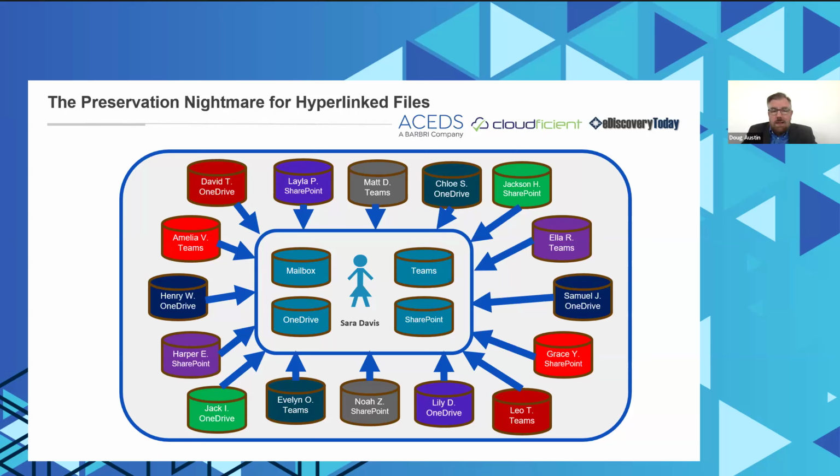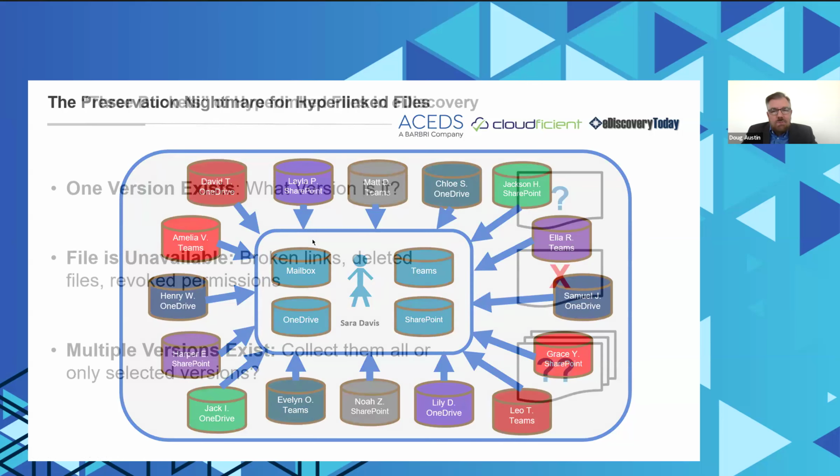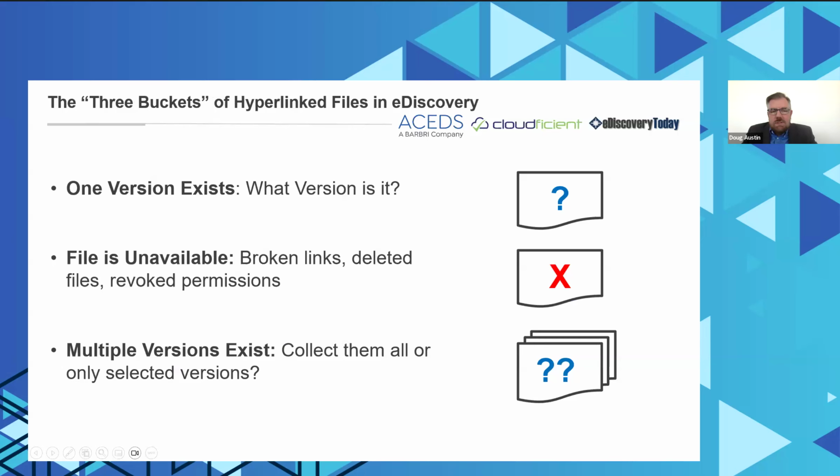Mm-hmm. Yeah, absolutely. I kind of feel like I should almost end each of these slides with womp womp, because it just seems to continue to get worse. But we'll take a look at another challenge here. So John, could you quickly describe the three buckets of hyperlinked files and what our audience needs to know about them? Yeah, we've touched on some of this already, but typically when you go to look for a referenced file, you will find that you run into issues either with versions or availability, one of those two. So with versions, typically what you'll run into is you'll only have one version available.